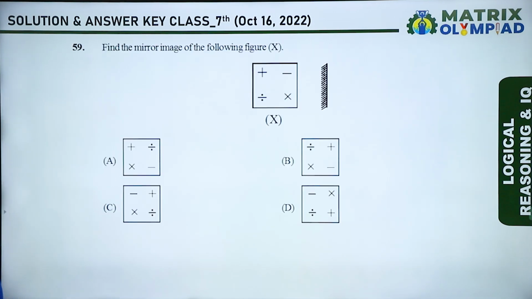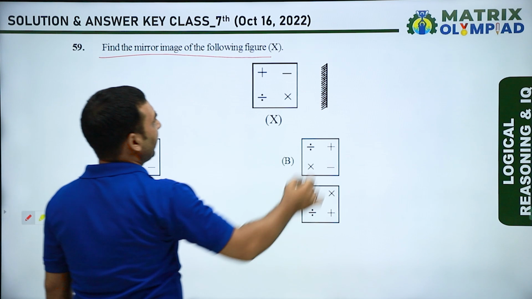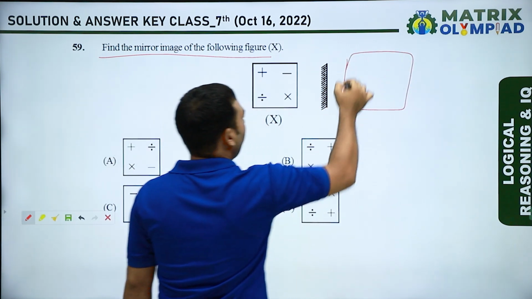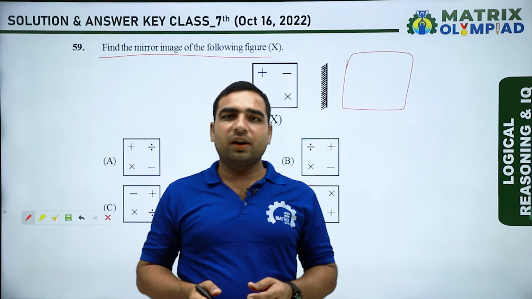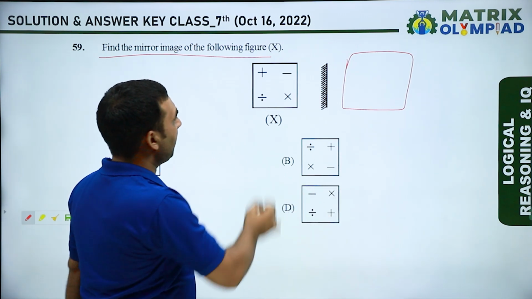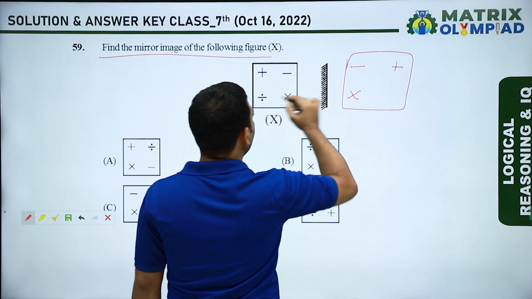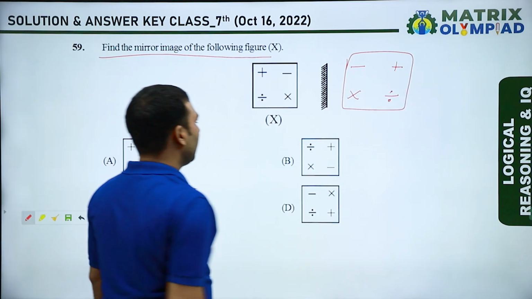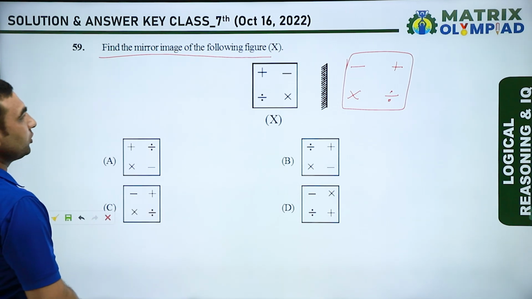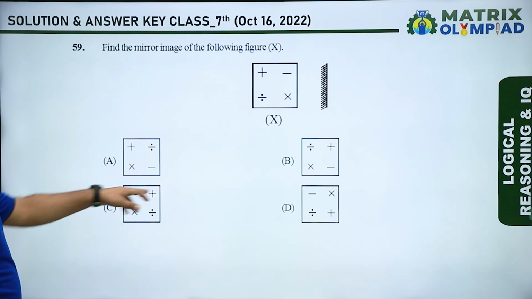Next question is, find the mirror image of the following figure. As you see, if we stand near the mirror, our image also shows near the mirror. If this minus multiplies plus and this is divide, which answer is found? As you saw, option C is the correct answer. Next question is,